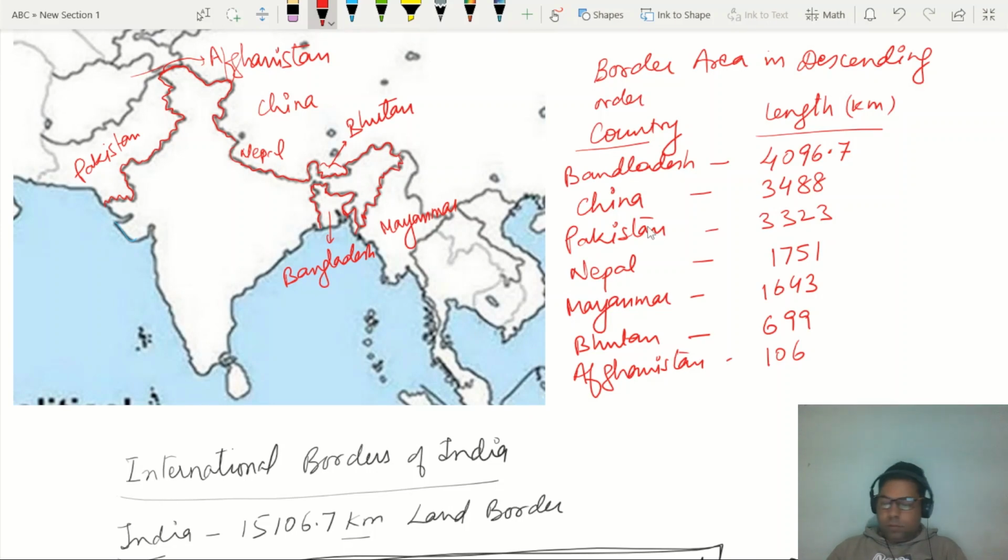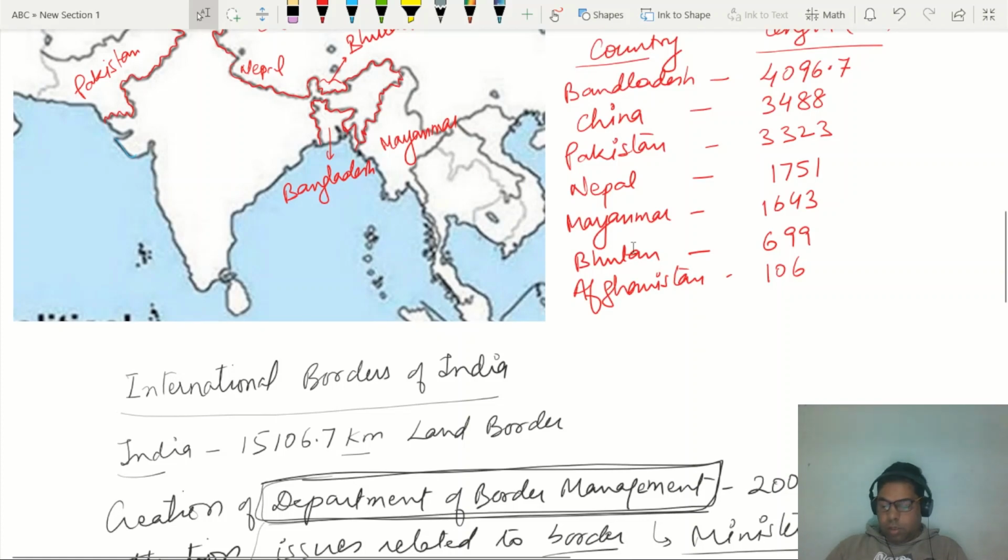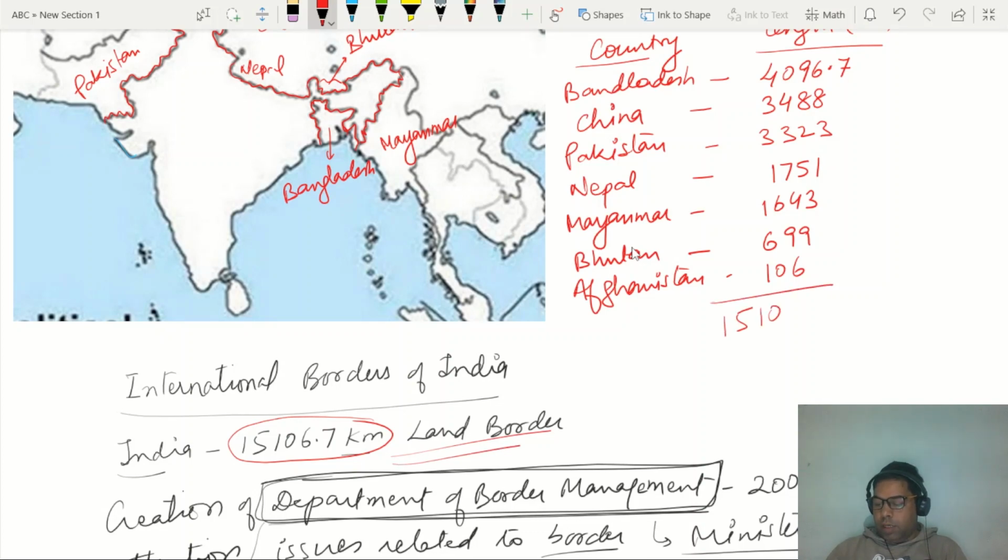Now, as we saw at the start of the discussion, the total land border of India is 15,106.7 kilometers. So this much long territory or border area is very difficult to manage, and we have to manage relations with the different neighboring countries, right? So let's